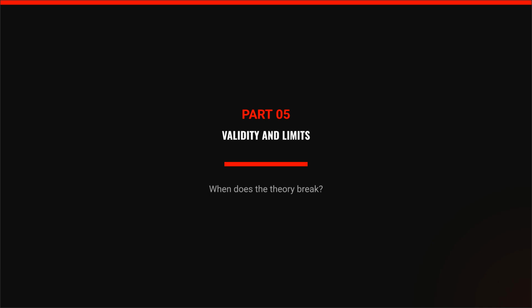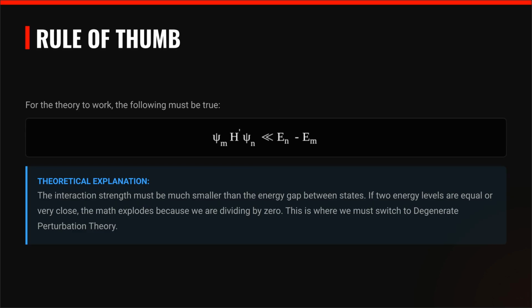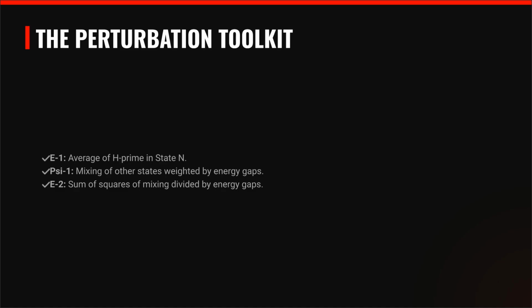We proceed to part 05, validity and limits, discussing when perturbation theory breaks down. The rule of thumb for validity is that the perturbation strength must be much smaller than the energy gap between states. If two energy levels are equal or nearly equal, the math fails, and we must use degenerate perturbation theory instead. To recap our perturbation toolkit,